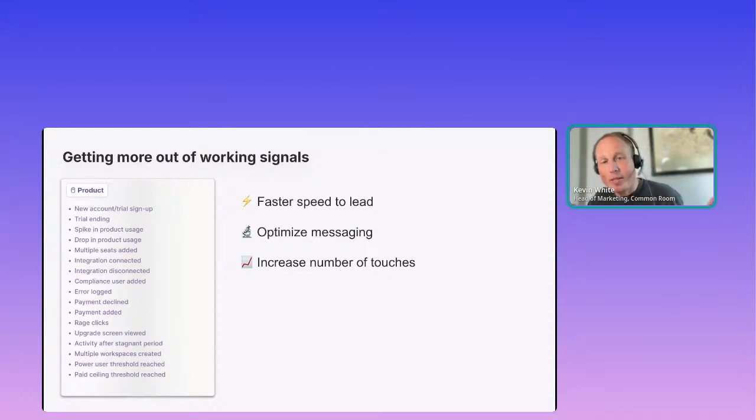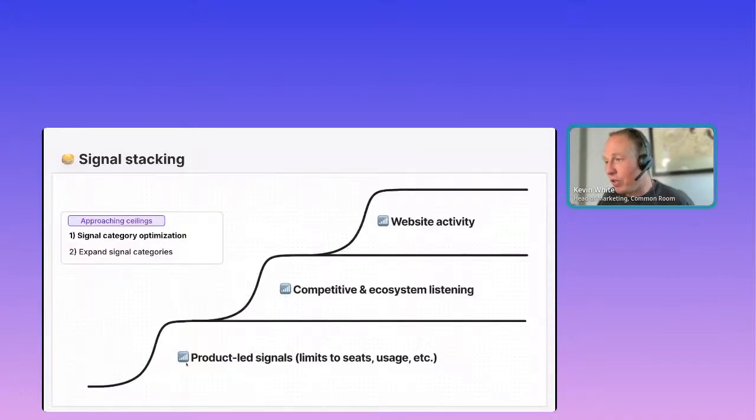And this is kind of what the marketing team's goal is, essentially: get more signal at bats, or increase the number of emails you're sending in a sequence, or touch points that you're having in a sequence. Typically after doing these things, you'll start to get higher conversion rates on each of your plays, but then it'll start to peter out. It'll start to hit ceilings, and then the next thing to do after hitting those ceilings within this cohort is to start to move up into another signal category